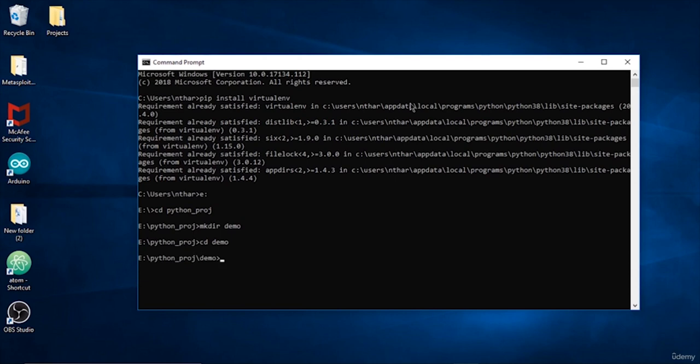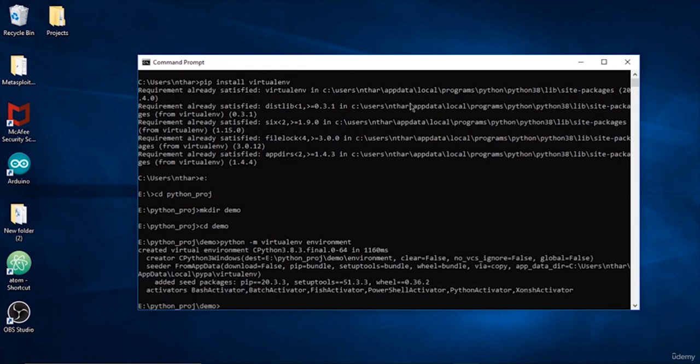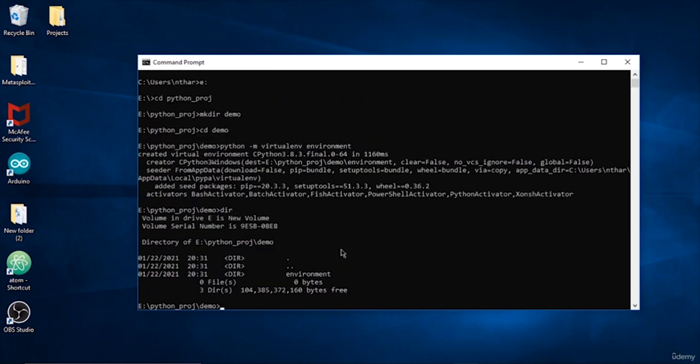And here I will just create a new environment. So python -m virtualenv, and the name of the environment can be whatever you want. I'm just going to call it environment. Okay, the environment is created, and you can see it just created a folder here. So now to activate the environment, you just need to